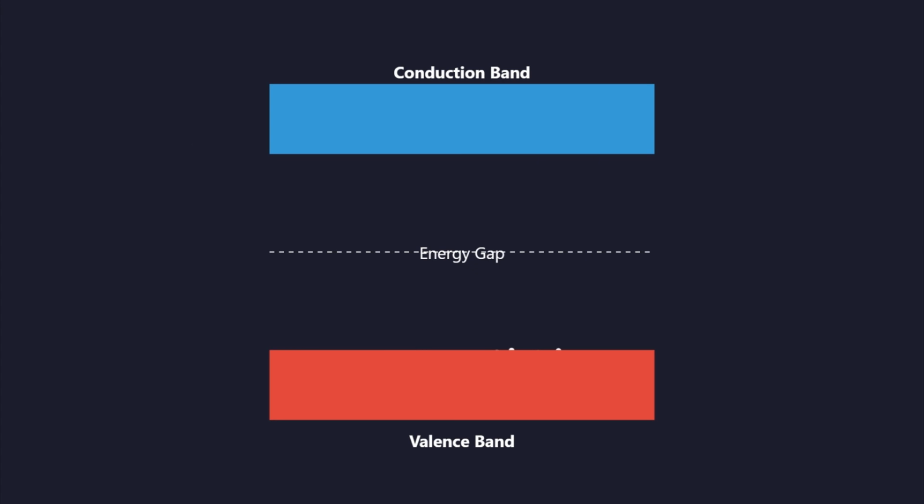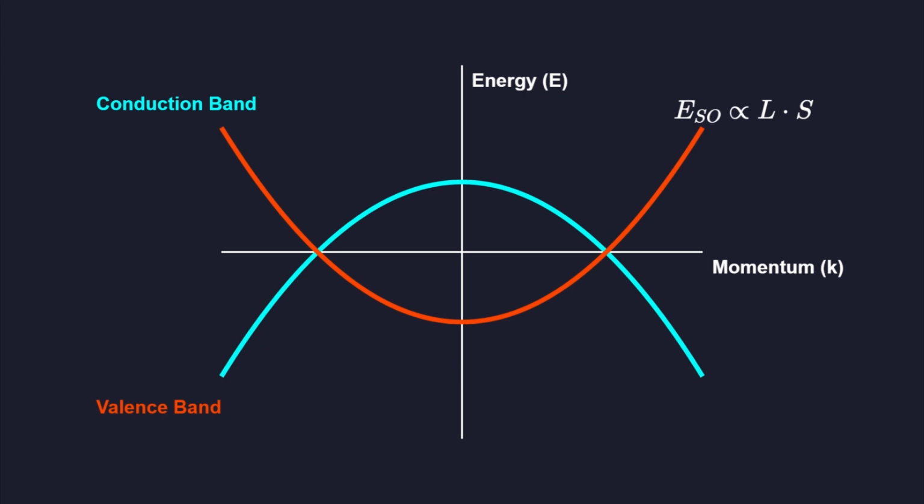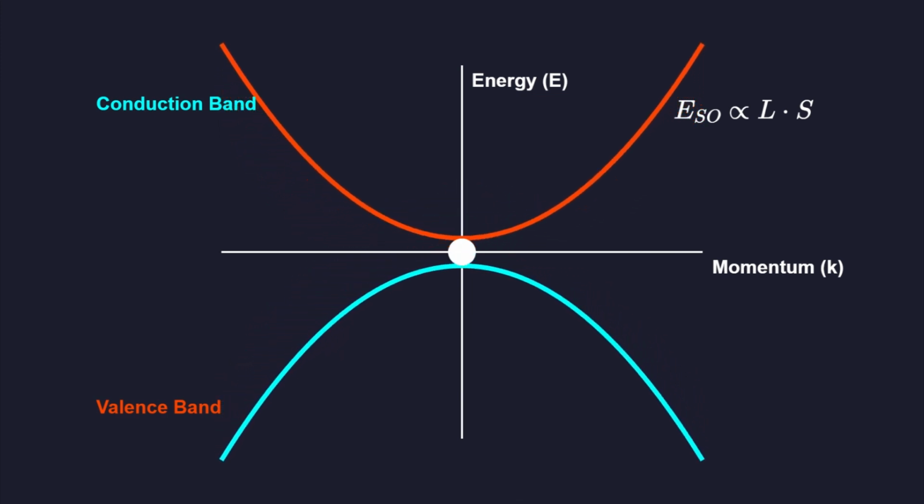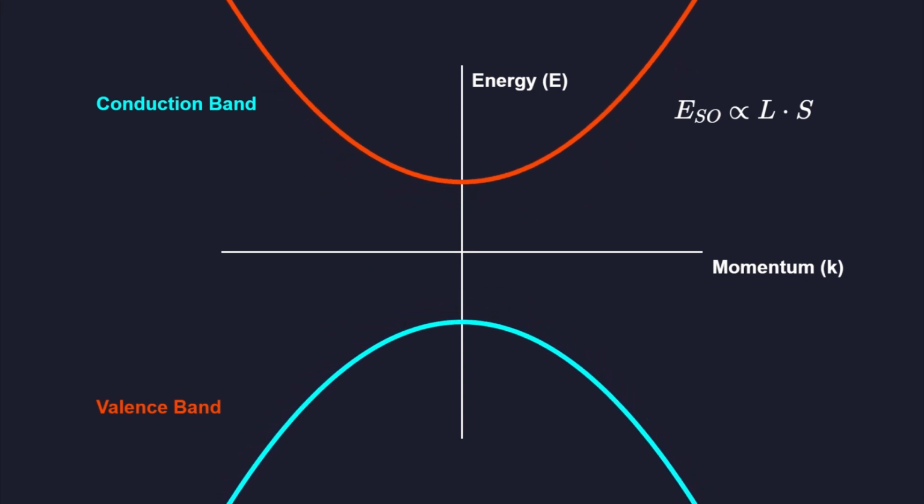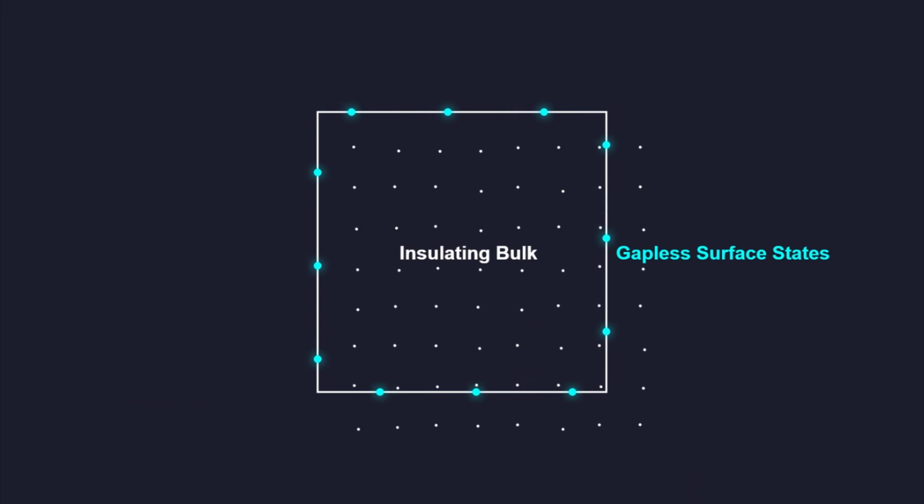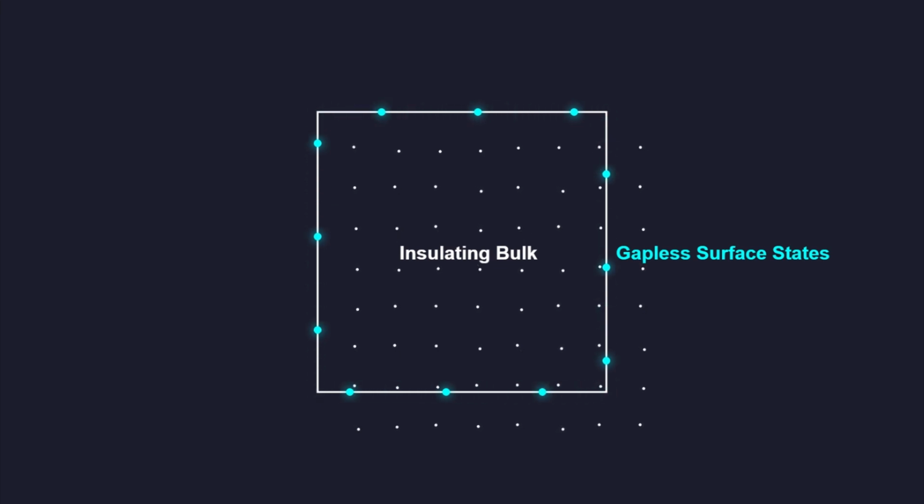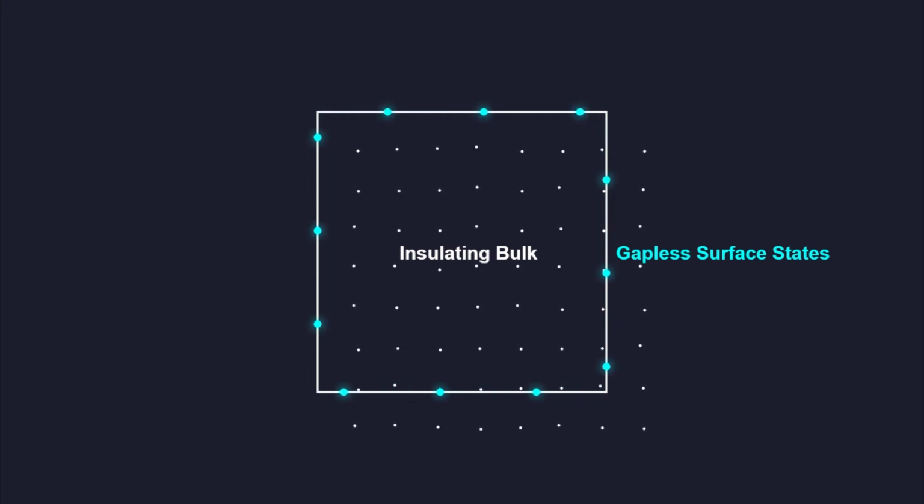Traditional insulators block electrical current because their valence and conduction energy bands are separated by a clean, impassable energy gap containing no electronic states. In a topological insulator, strong relativistic spin-orbit coupling inverts the typical energy ordering of these bands, forcing them to cross at the boundaries. This band inversion creates gapless surface states where electrons move freely, completely bypassing the insulating bulk interior of the main